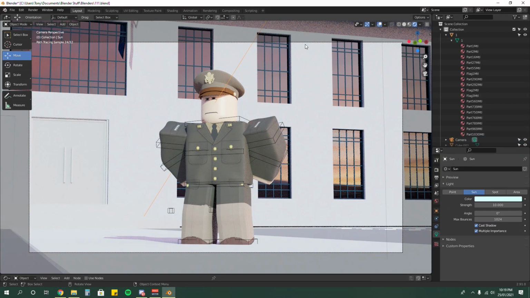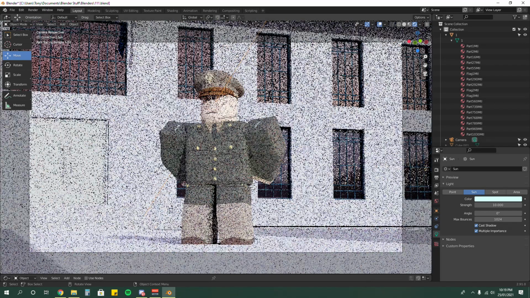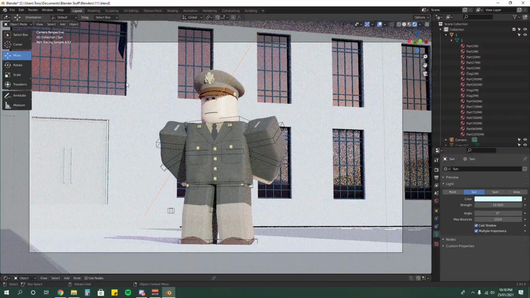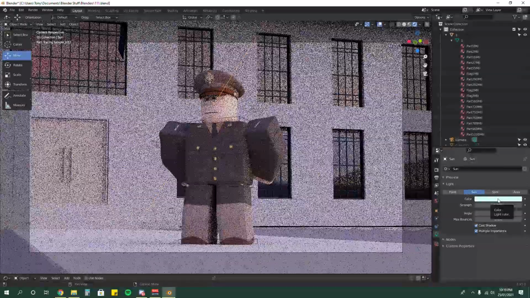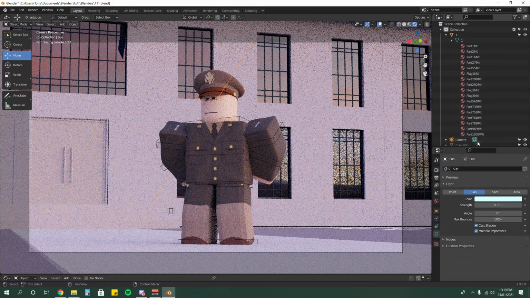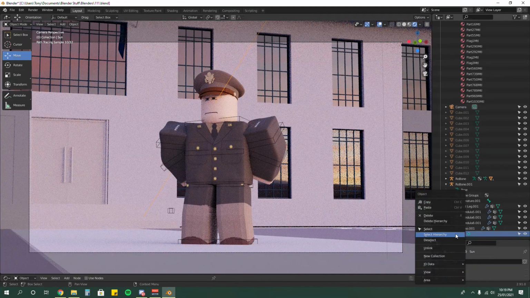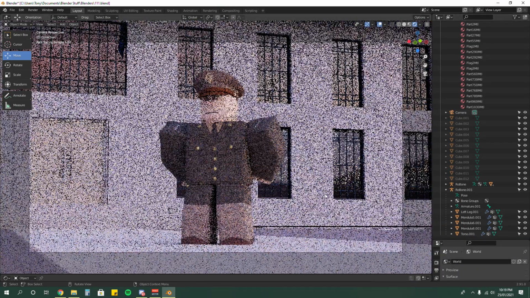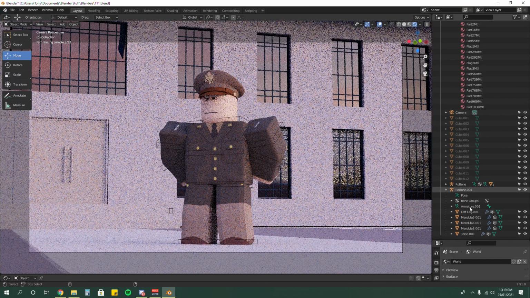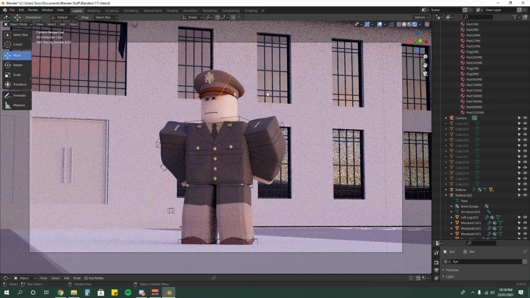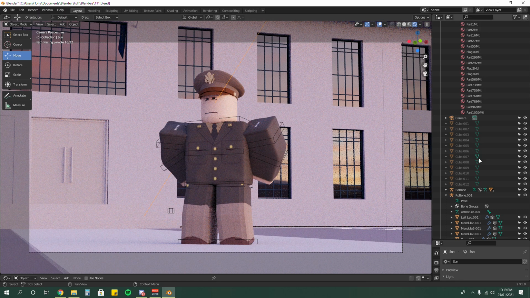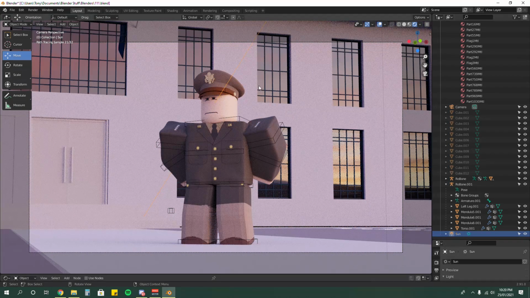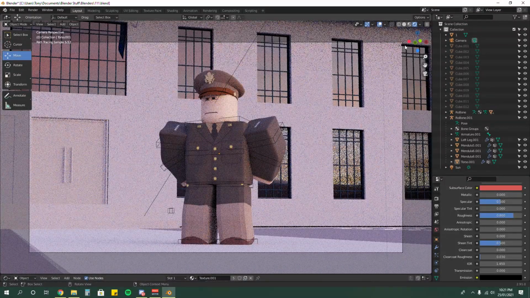Look at the sunset. But you want to make sure this sun is matching the world texture, because what if you turn it off? Wait, you don't even need a sun. Wait, why do I need it? You know what? I'm just going to delete the sun because you don't need it. But you know, I'm just going to keep it there anyways. But if you're not going to use an HDRI, you know, a building with no mirrors, with nothing reflective, then of course you need the sun or lighting. So I'm going to make it look like it's sunset, and it looks pretty good enough. So I'm going to end it there.